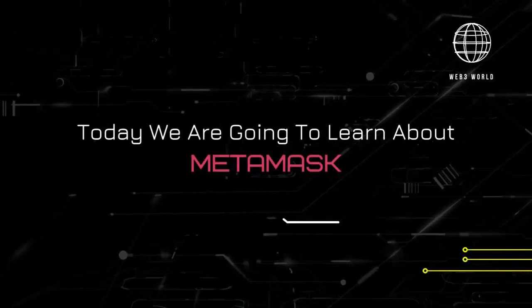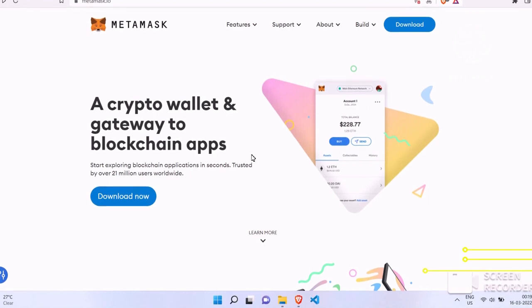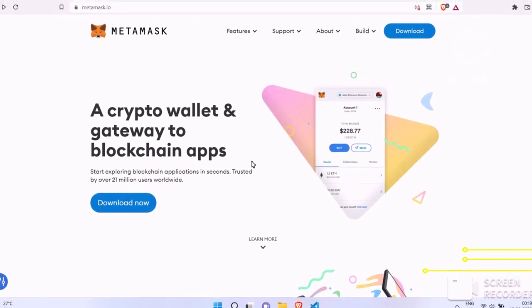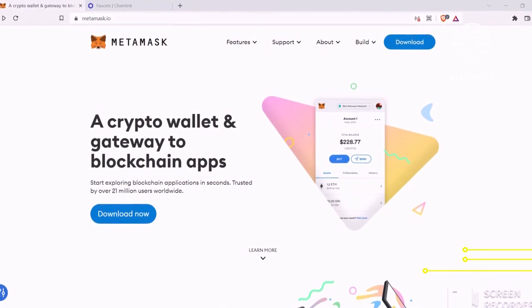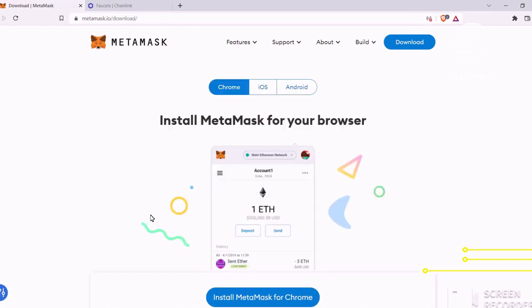Today we are going to see how to install and set up a MetaMask wallet. So for that, you need to head on to the link metamask.io. The link will be available in the description also, do check it out. After you go to the link, there will be an option available for download now. Click on it. Then you will be redirected to a download page where you will see Chrome, iOS and Android